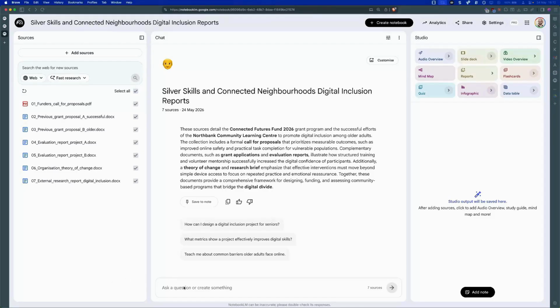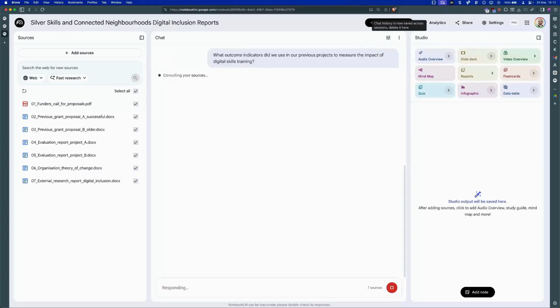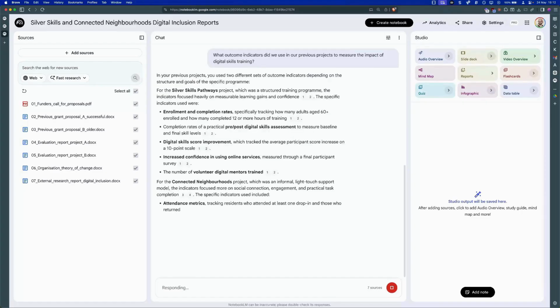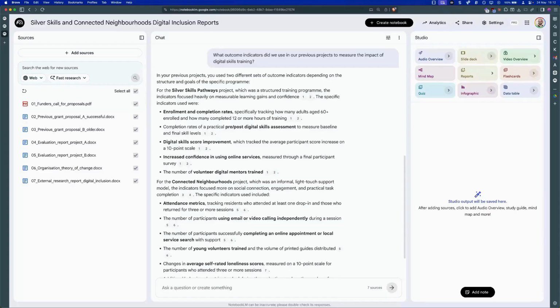So maybe first, not knowing everything from previous years, previous grants, I want to ask what outcomes and indicators did we use in previous projects to measure impact of the digital skills training. And what we'll get in a few seconds should be based only on the documents that we used as sources for our notebook. So we can see when NotebookLM is writing, it's giving us an answer, very similarly to any other generative AI chatbot. But what we see, and it's crucial, the difference here is that